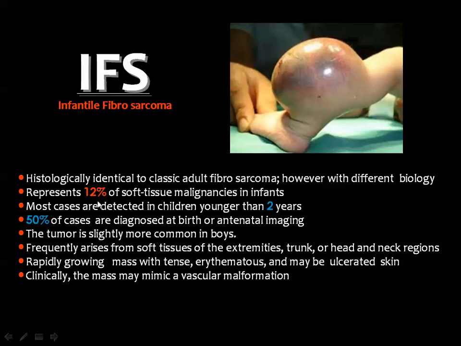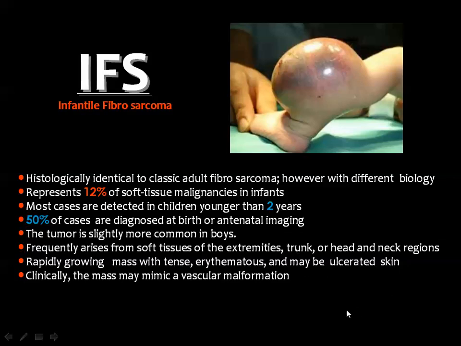not that aggressive. It represents 12% of the soft tissue malignancies. Most of the cases are detected in children younger than 2 years, and 50% of cases are diagnosed at birth or even antenatal. The tumor is slightly more common in boys and frequently arises from the extremities, the trunk, and